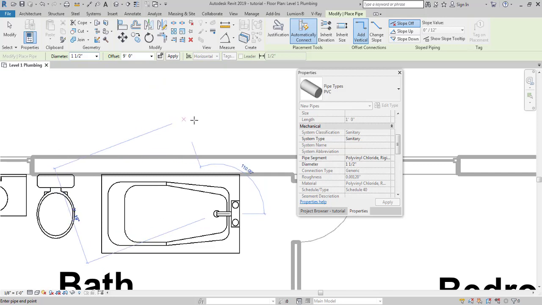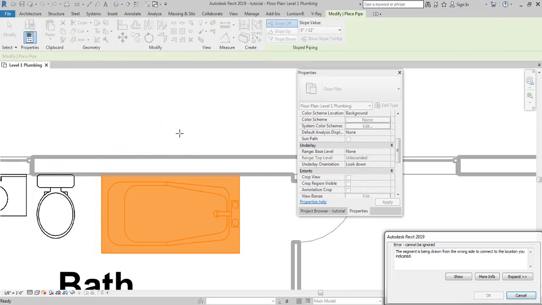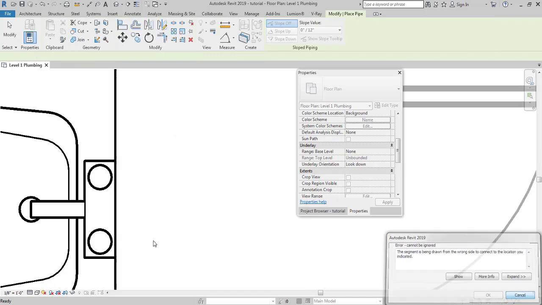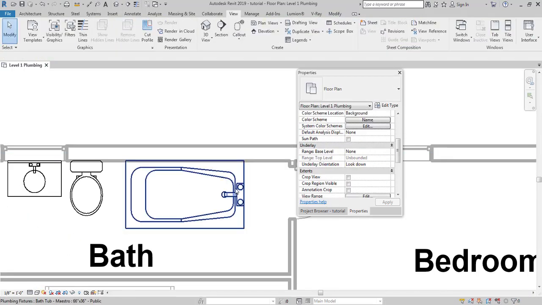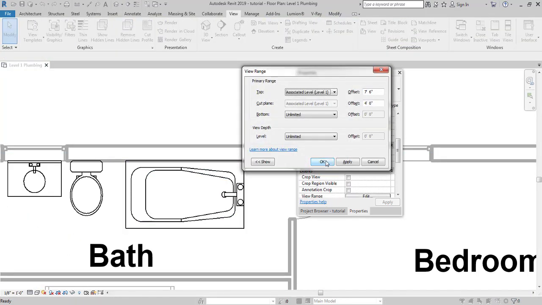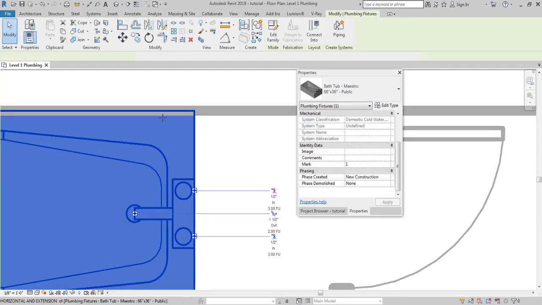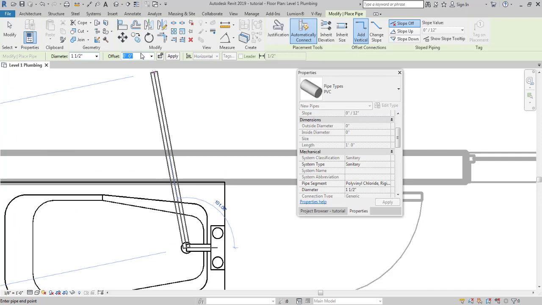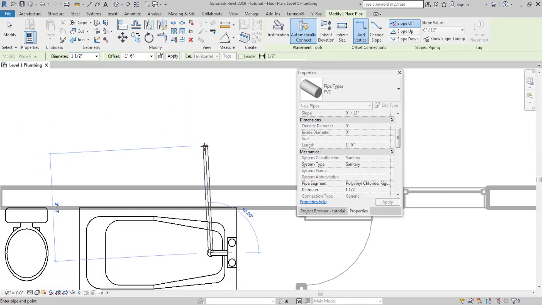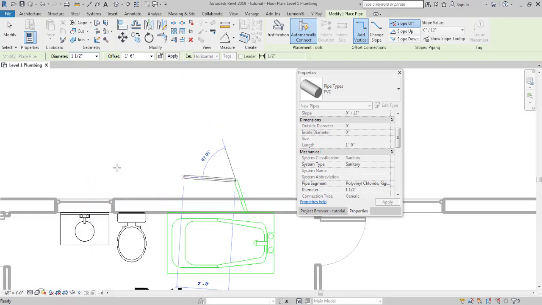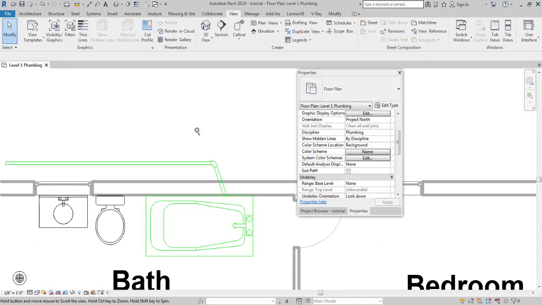Okay, we can't see the pipe right now, and I'll let you guys know why. Just click on it. The segment is drawn from the wrong side. Okay, click on view range. Okay, view range is good to go. Click on the pipe again. Let's do this one last time. Let's see why it is giving us that problem. Okay, now it's good. Yeah, now we are drafting up that pipe, and voila, that looks beautiful.